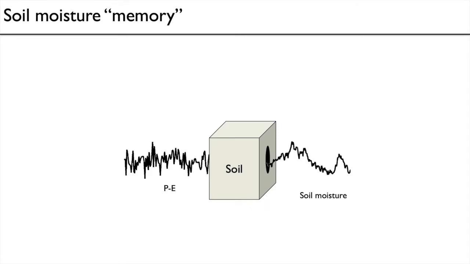You have the precipitation minus evapotranspiration as input. And precipitation varies, if you think about it, on daily timescales, right? It could be raining one day and not the next. Evapotranspiration, likewise, is going to be driven in large part by weather, so temperature, wind, humidity, how much demand is there for moisture by the atmosphere.